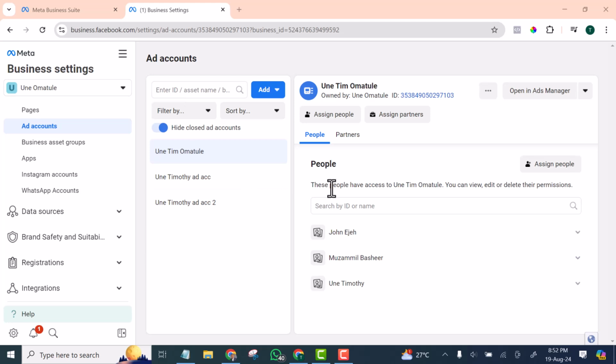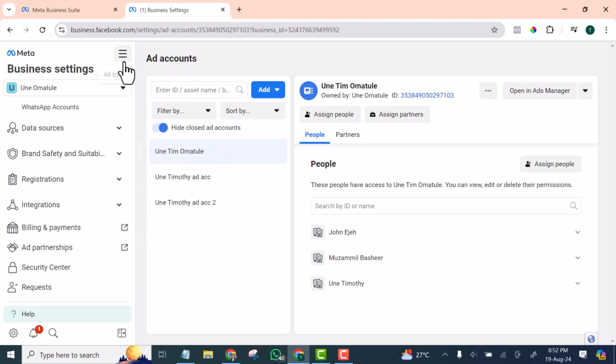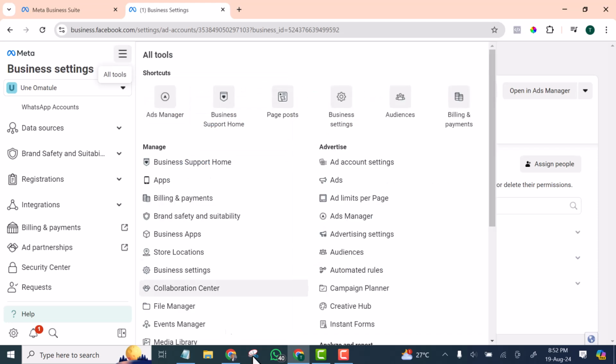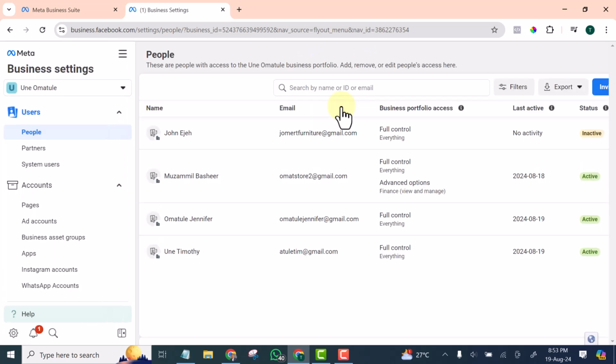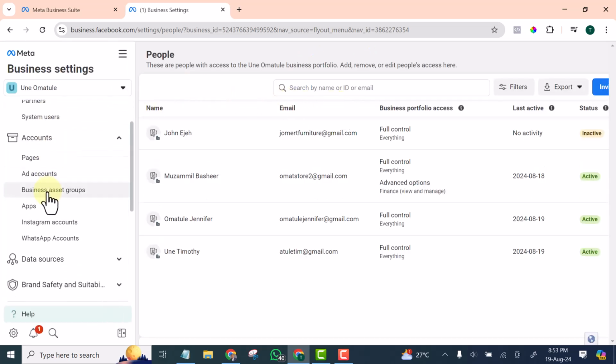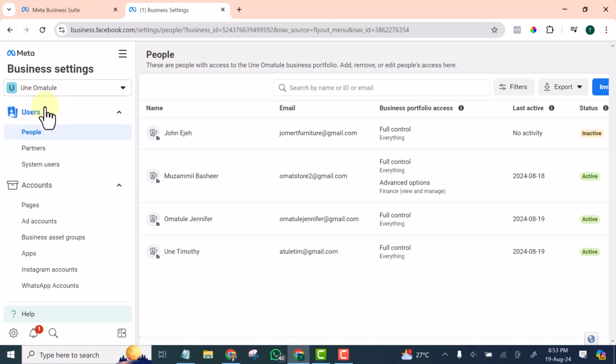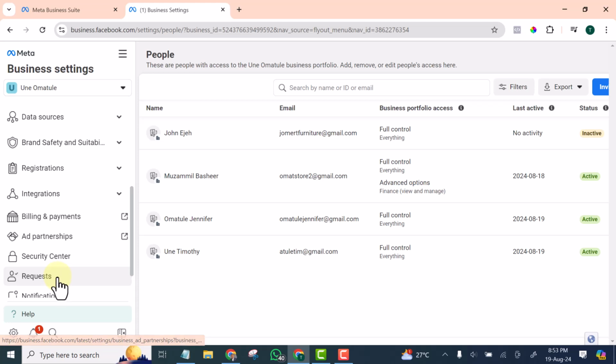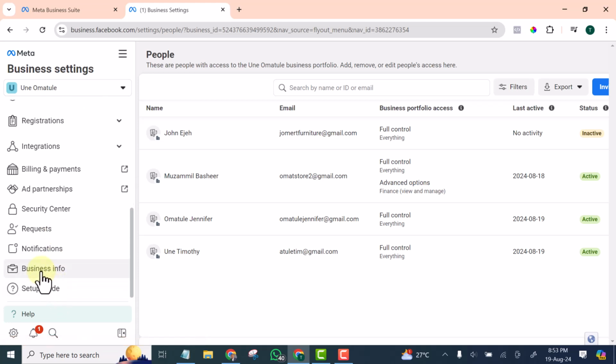Quickly, I want to show you guys how you can create more ad accounts in your business manager account. I just opened my business manager account now and I went to business setting. You simply go to this hamburger icon, go to business setting, and you can always go to hamburger icon anywhere you are. Okay, now when you are on that particular business, go to business info,